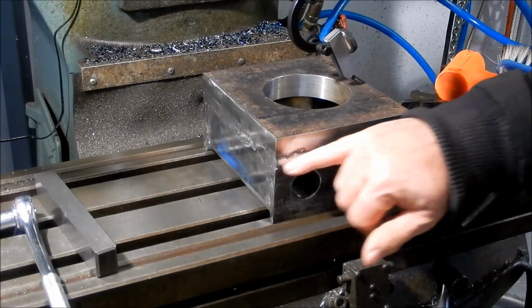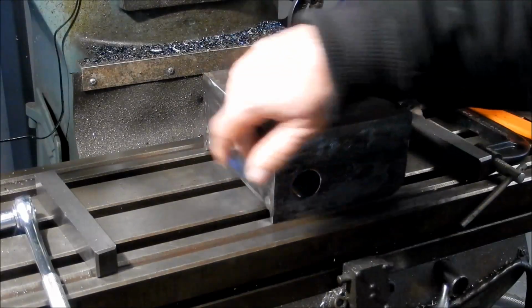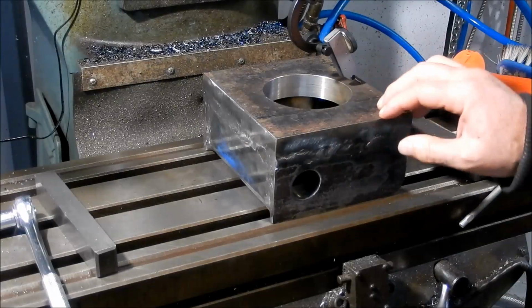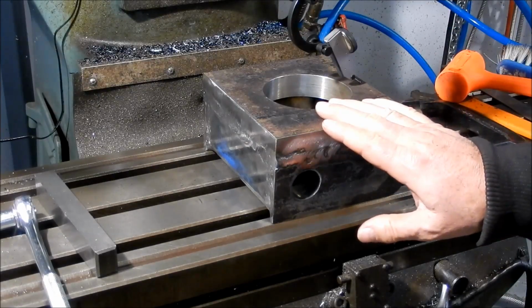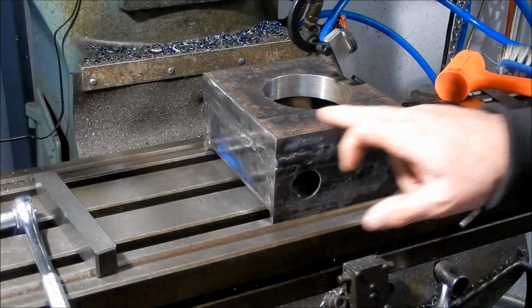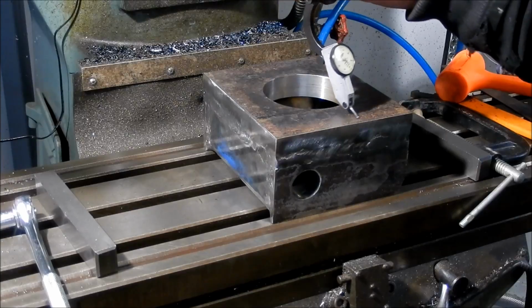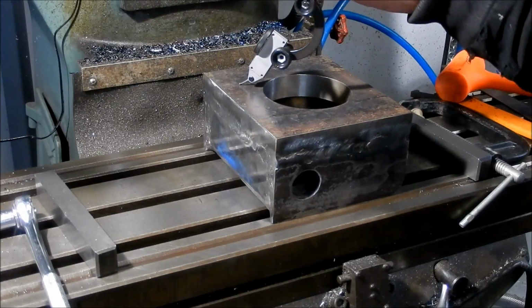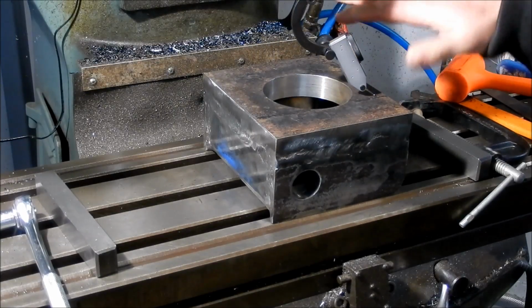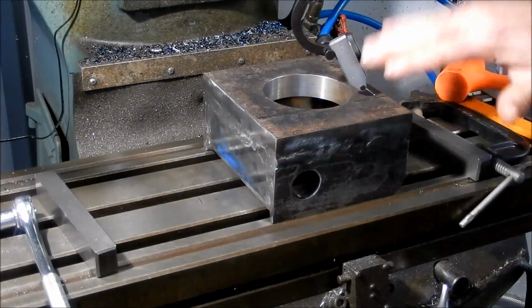Alright guys, so we've welded this up. I'm just giving it a buff back, but I'm really happy with the way that that weld's come up. I've got this mounted down onto the milling table. I'm just going to take a very light lick over that face just to clean it up. Just out of curiosity, I wanted to see what the warpage was on this, and it's around about 0.6 of a mil. It's sort of dished out a little bit